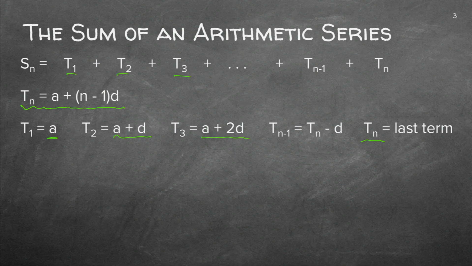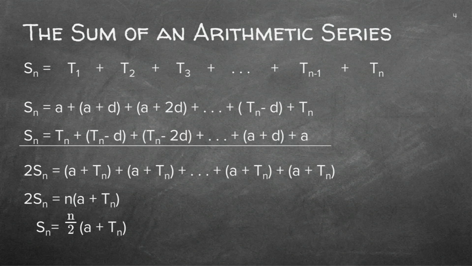Now, what if I want the term just before this one? Then I just subtract D from the last term Tn. So if I now take this and write it neatly in a proper line, there I've written down once the sum of the terms. We used A, and then A plus D, and then A plus 2D. You don't have to do a lot. You can only do 2 in the beginning and 2 at the end. So the last term will be my Tn, and then the term just in front of that one will be Tn minus D, because I'm now working backwards instead of adding D each time.